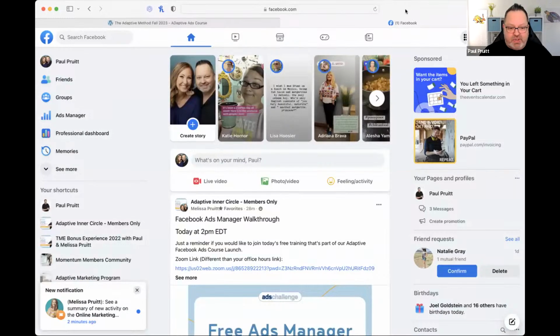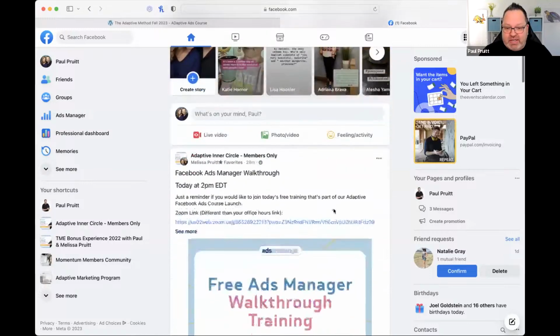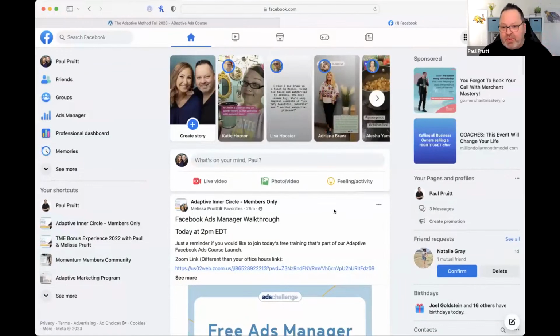And what we're going to do is, of course, most of us, this is what we see on desktop, or some variation of this when we log into Facebook. And on a day-to-day basis, we are here in the news feed itself. Okay. Now, just real quick before I go in the ads manager,